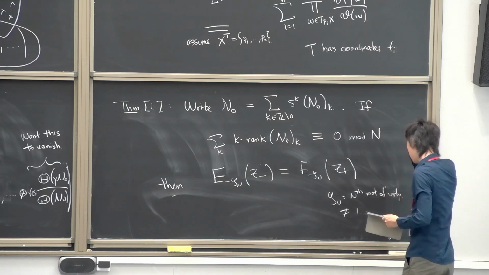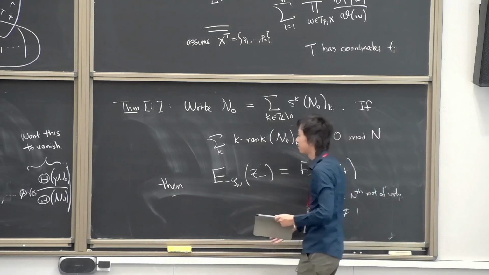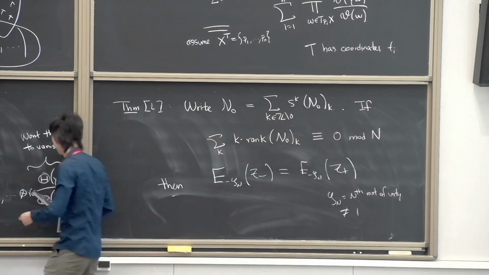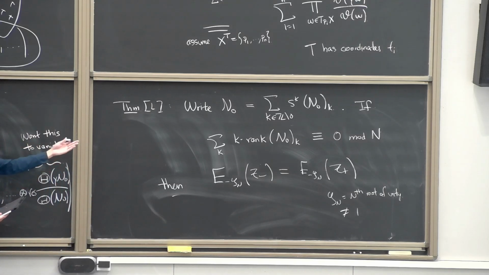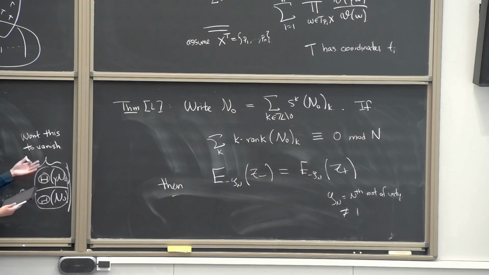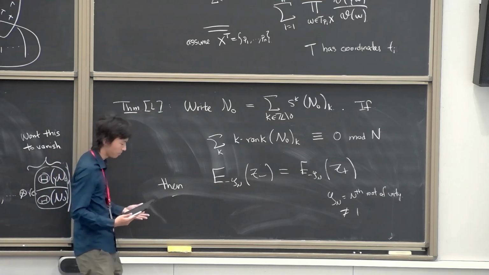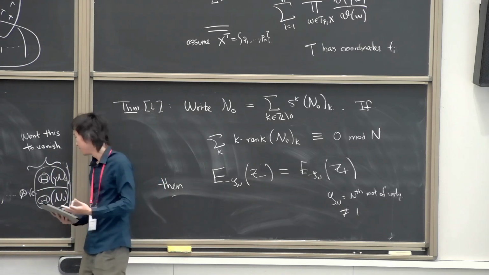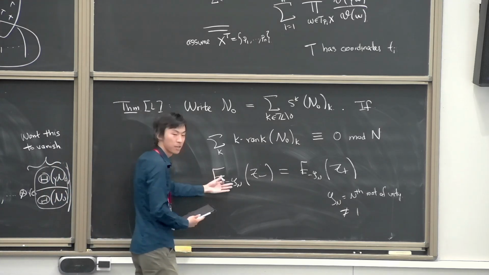And somehow this result is not really hard to prove, because all you have to show is that upon such a specialization to an nth root of unity, this rational function has zero total residue. And I'll just briefly say the way to show it, because it's very easy. The idea is that after this kind of specialization to a root of unity,